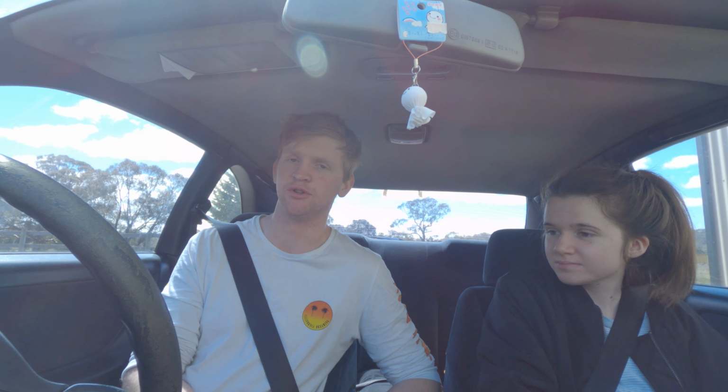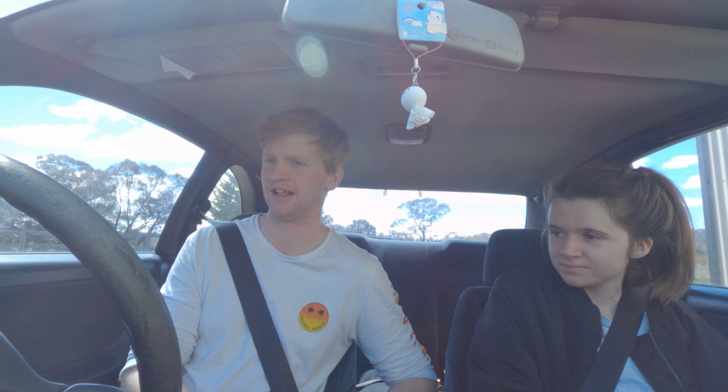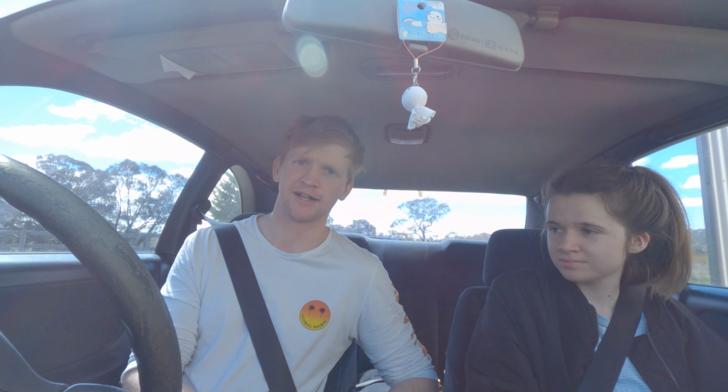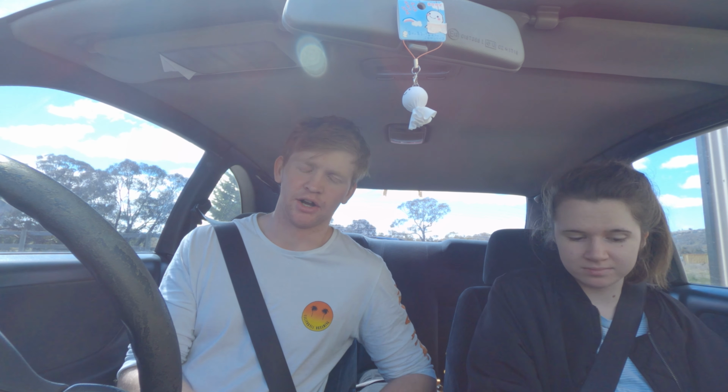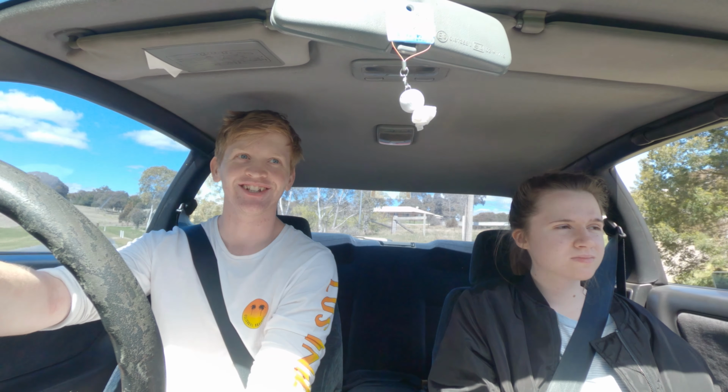We've checked the fluids numerous times. We've ran it continuously for about 10 minutes, probably a little less than that, and then checked the fluids, all that sort of stuff, so it gets up to temp, revs nicely, all that kind of crap. Timing. Okay, let's see how she goes. I'm not going to hit it too hard, just going to go soft because